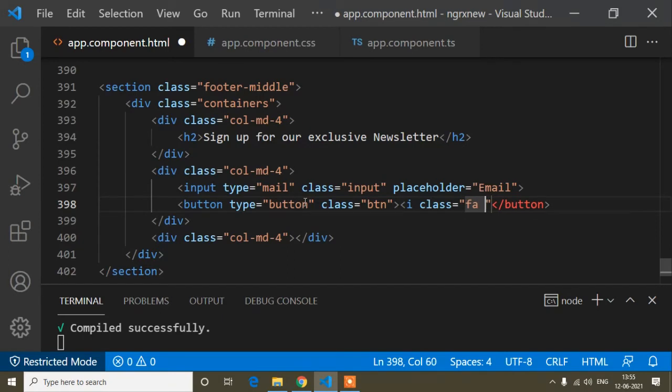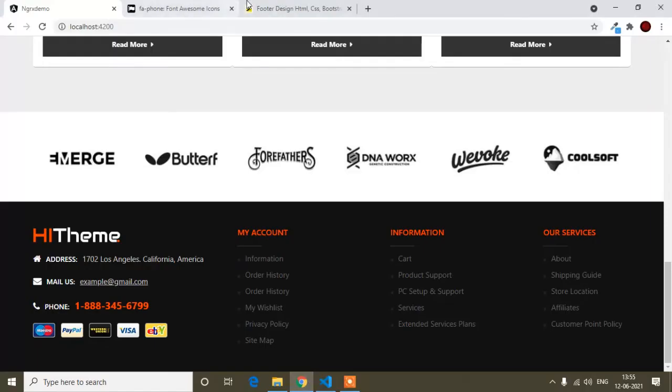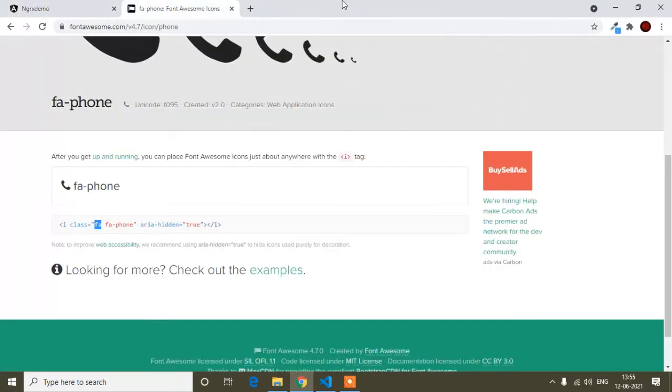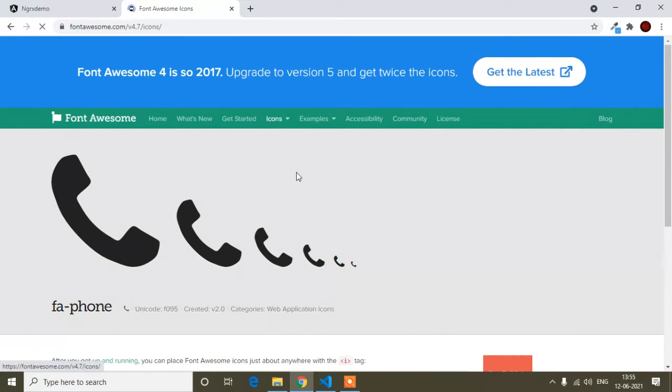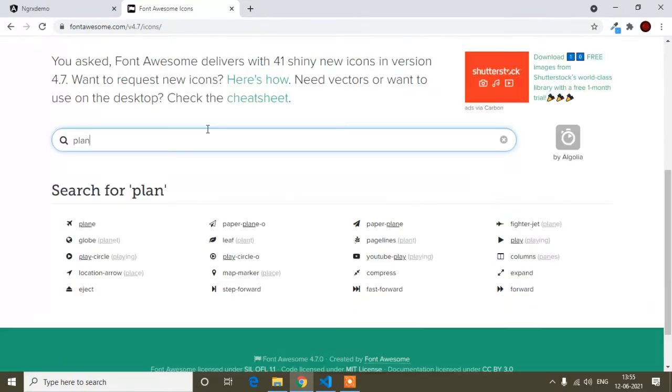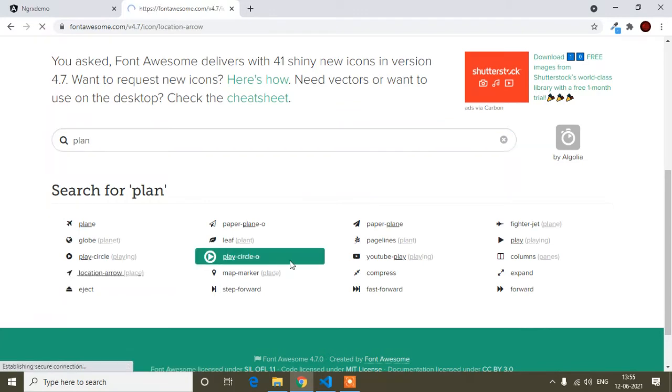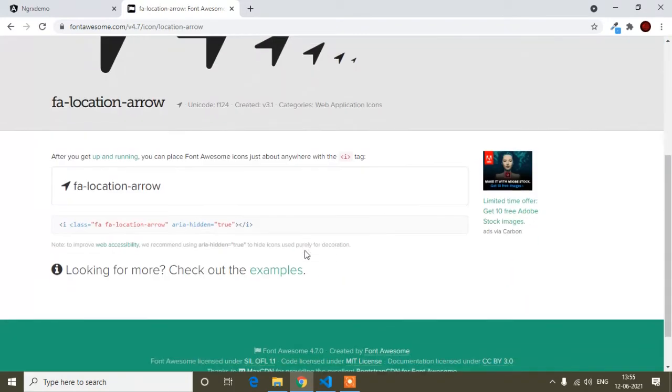I will take the class name from here. Here I will take this icon. The icon name is this one, so I will copy this one and paste it here.